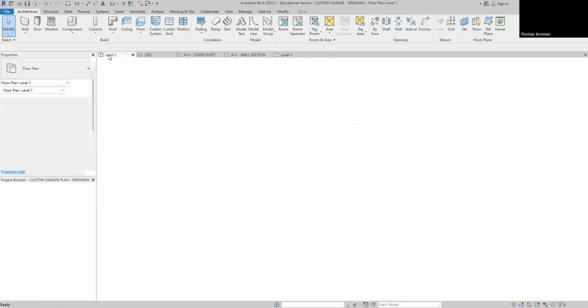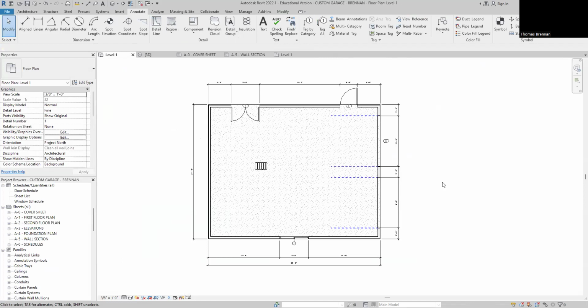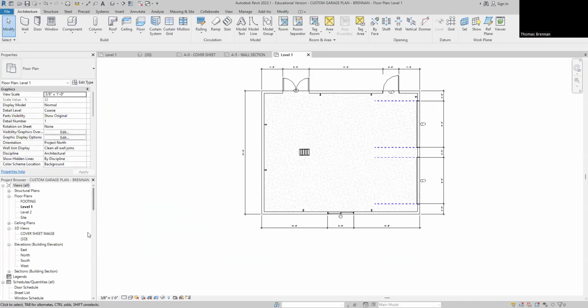So let's go over here to level one. And let me just show you first what we're going to do here. Let me explain what's going to happen. Just watch what I'm going to do. So I've got this right here. This is my level one. And what I want to do right now is make a section. Now, a section is essentially going to be a complete